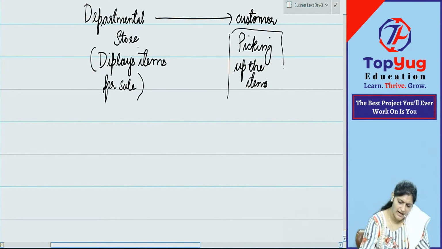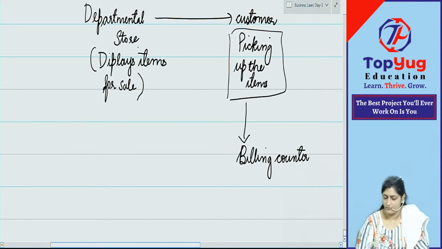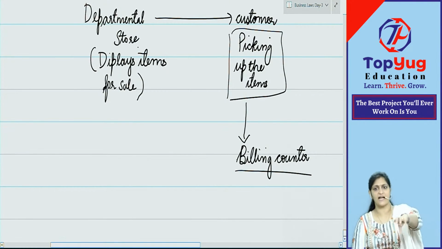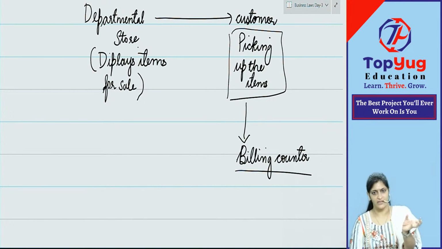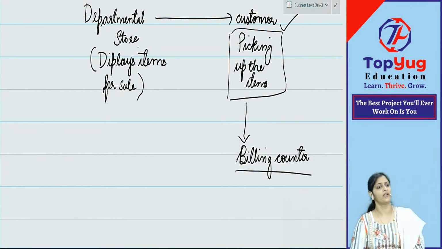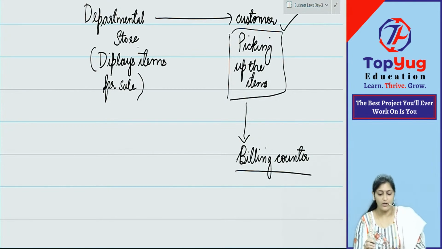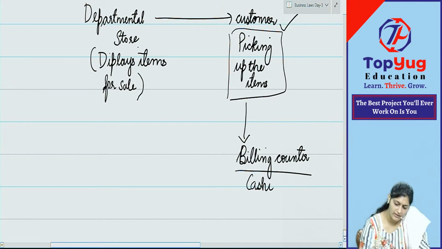After picking up the items, the customer will go to the billing counter. Yes or no? At the billing counter, the person billing takes each item and scans it, then makes the bill. There was one item this customer picked where the scan is not proper. He is continuously scanning it, entering the number, but the number is not coming. What will the cashier say?